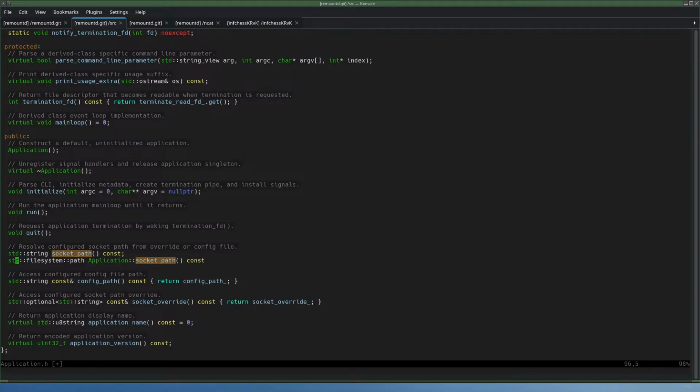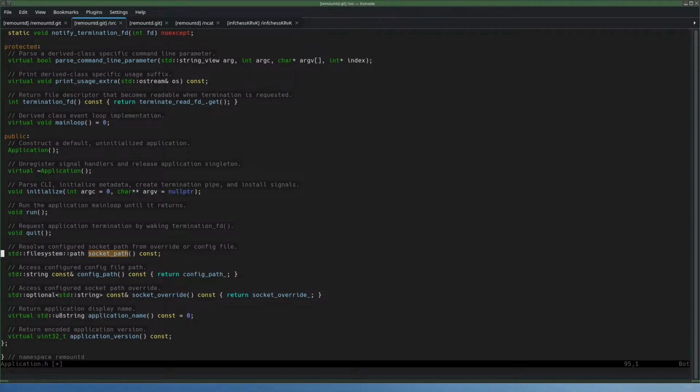I changed the wrong one. Yeah, that also set path. Maybe even config path then should be file system path. It's also a path.